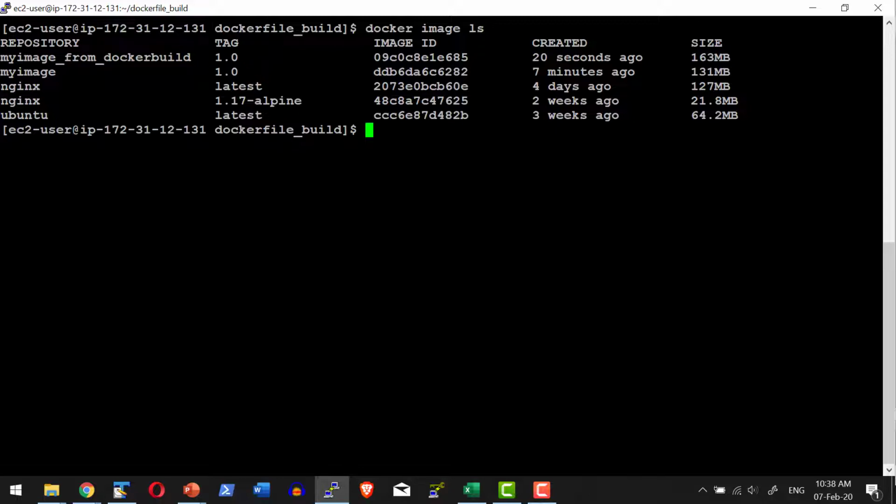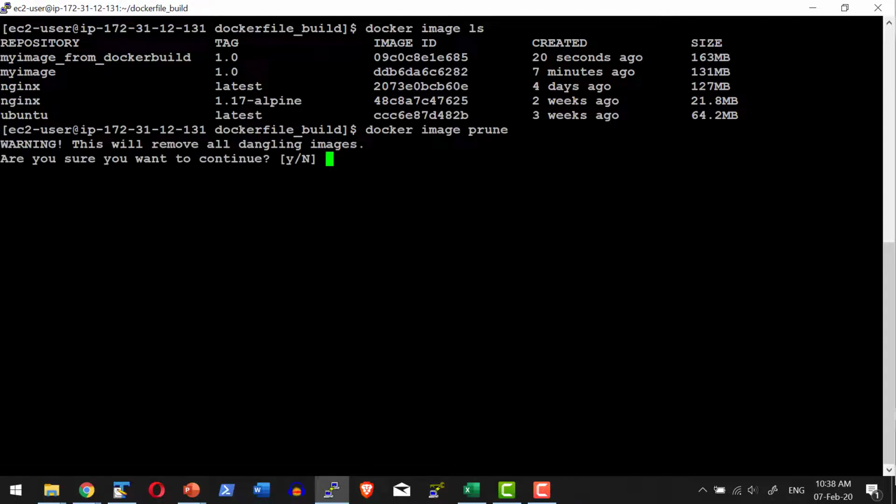In the sense, any image not being used or referred to anywhere else will get removed. Let me go ahead and remove the dangling images. Docker image prune, and it will ask for the confirmation. Let me say yes, and I don't have any image which is not referred at all, so it's not removing anything.